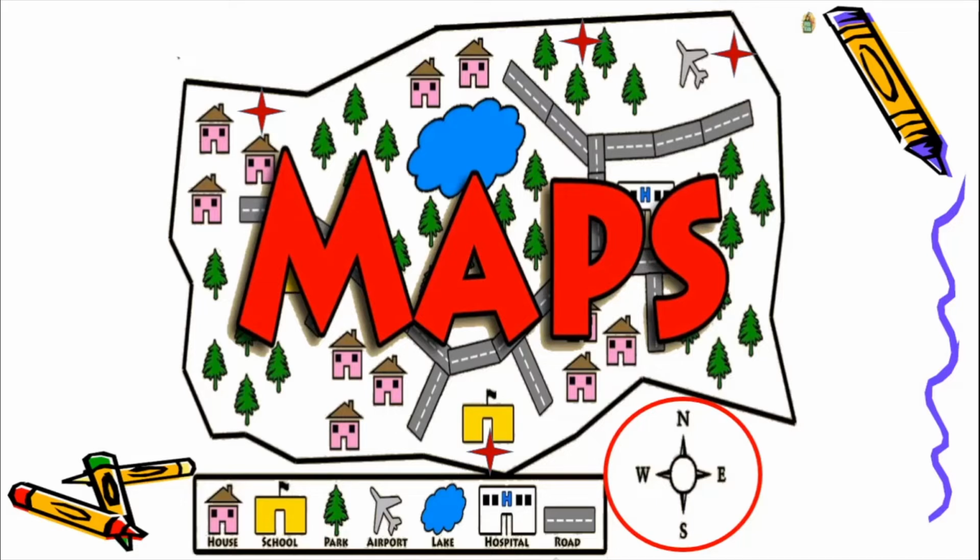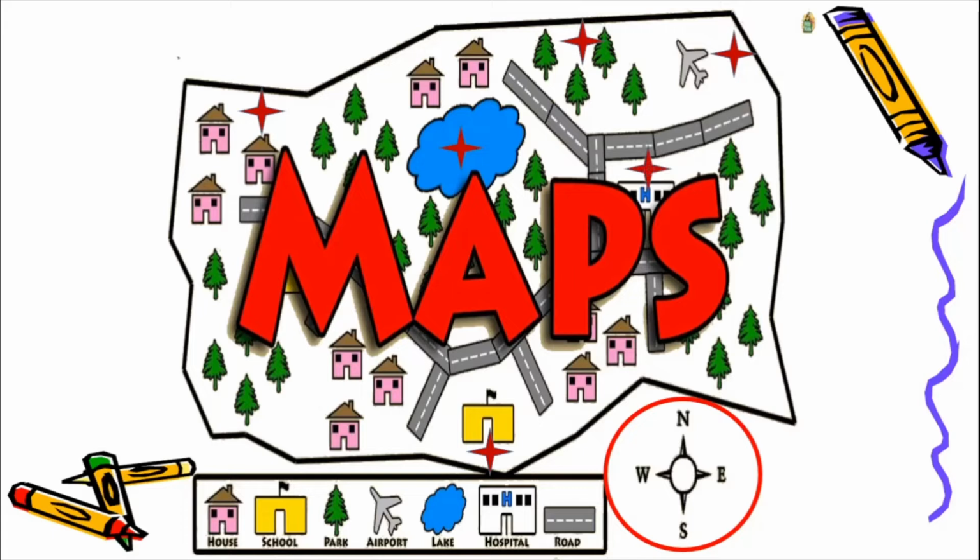And see, what is the indication for an airport? It is an aeroplane which is taking off. Okay, so that is an indication for the airport. You also have a lake on this particular map. Okay, so a lake is, see, a kind of cloud shape with blue color. Now blue stands for water, so this is a lake. All right, so whichever place this map is about has got houses, it has got a school, it has got so many parks, and it has got a lake also, and there is a hospital also hidden here.